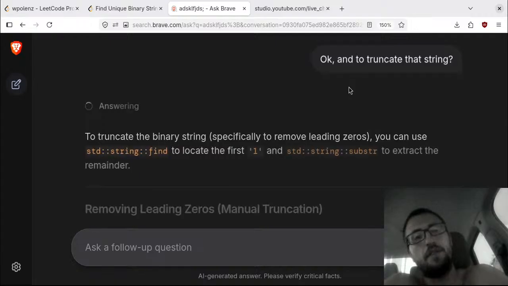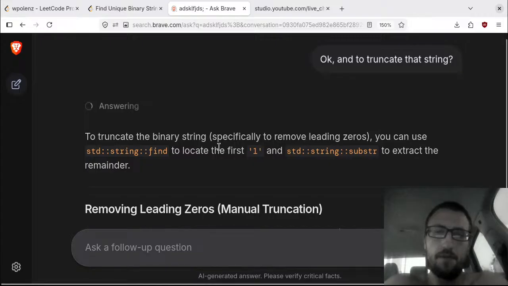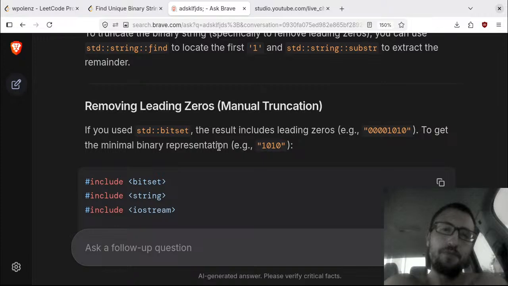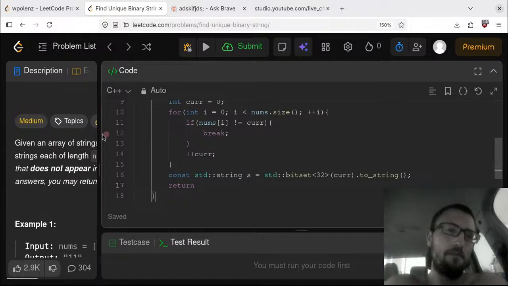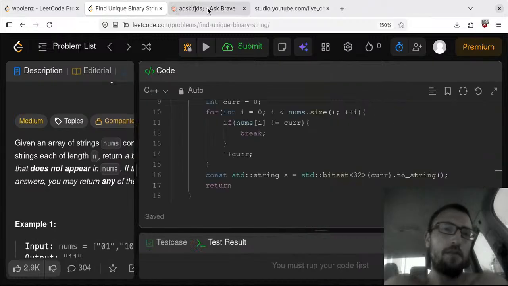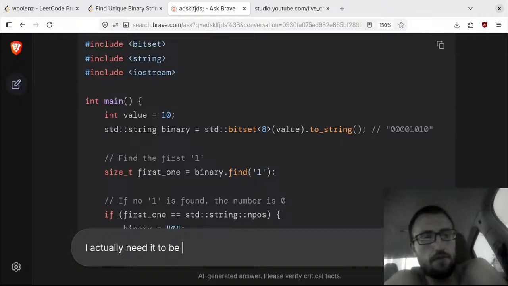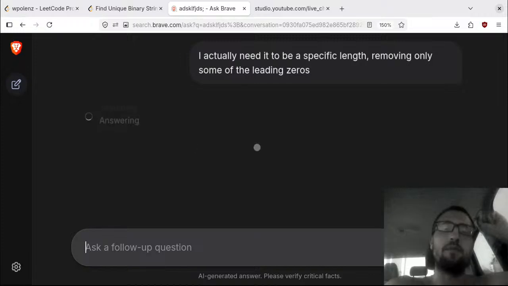I mean, there's a way to do it, but first one, extract the remainder, remove leading zeros. Actually needs to be a specific. Removing some. It's correct. It's going to be removing leading zeros, but